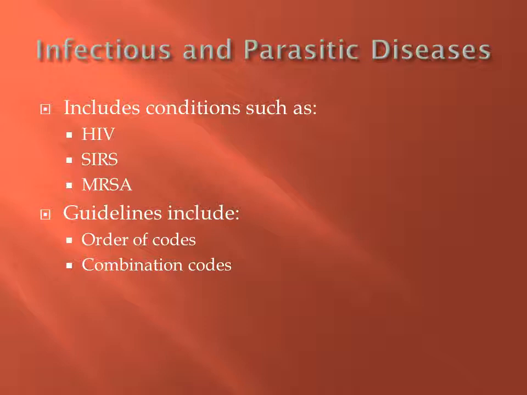Infectious and parasitic diseases. This includes conditions such as HIV, human immunodeficiency virus, SIRS, systemic inflammatory response syndrome, and MRSA, methicillin-resistant Staphylococcus aureus. The guidelines for this section include the order of codes, what should be primary, what should be secondary, and combination codes. An example,